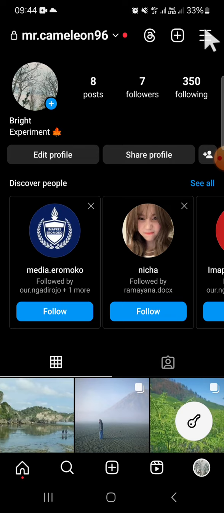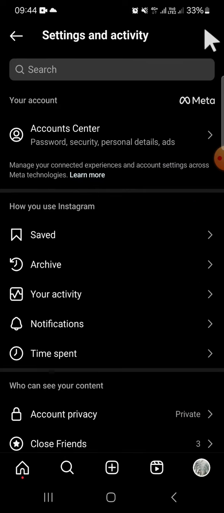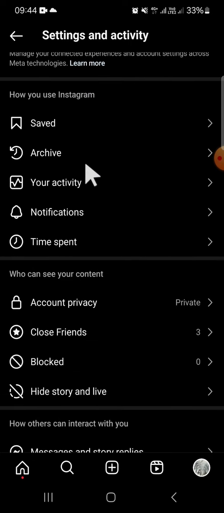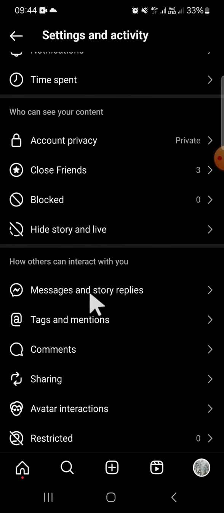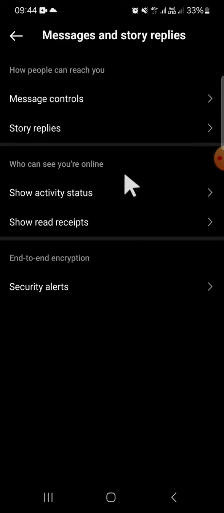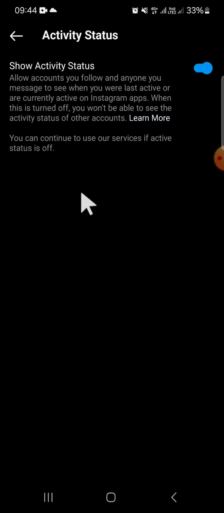setting. Okay, and here we have opened the Instagram setting and activity, and if we want to hide our online status, we have to open the messages and story replies. Okay, and click on show activity status, and here you can turn off your online status. You just need to click on the circle button to turn it off. Okay, and now my online status has been hidden, and that's how we can turn off or hide our online